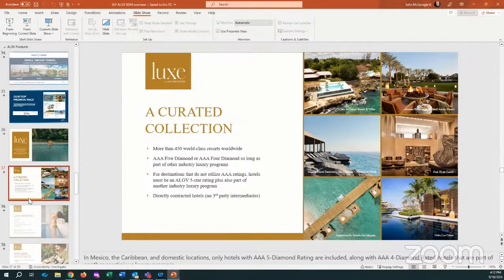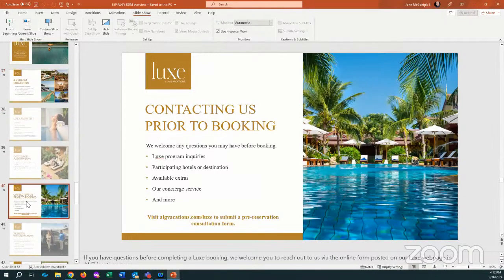Okay. But the cool thing about this is that we've created a concierge service that you can contact prior to booking. Usually when you call our 866 number, it's mostly order takers. We're not there to be your consultants. This is now something completely new for ALG Vacations with this Lux branding, in that we will be your consultants. We've taken our top 15 to 20 res agents that have been with us for years, either with one brand or another. They've handled all these exotic luxury brands and destinations around the world, and they will consult